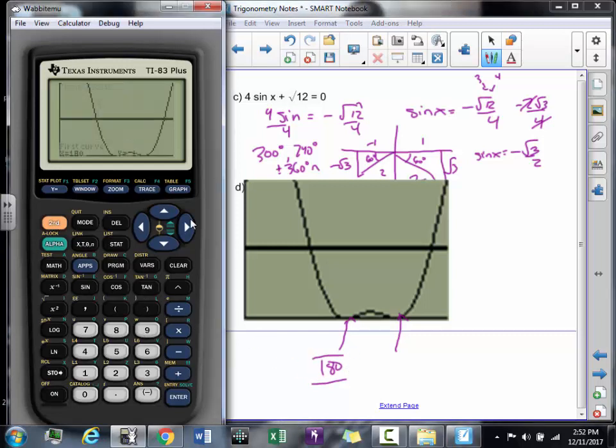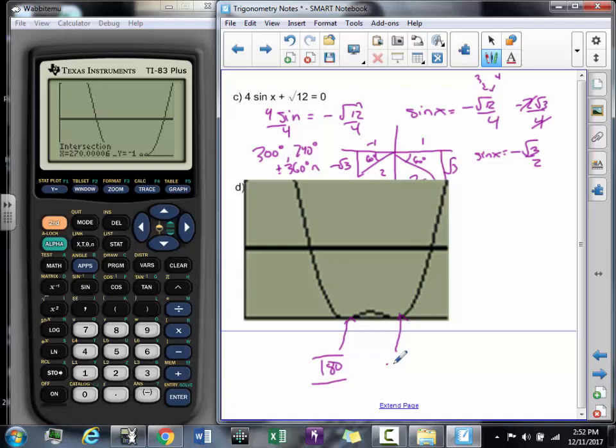The other one, I guess 210, 270. Still thinking. Did you guys get the second one intersected? Oh, there we go. Now it finally showed up, 270. Does